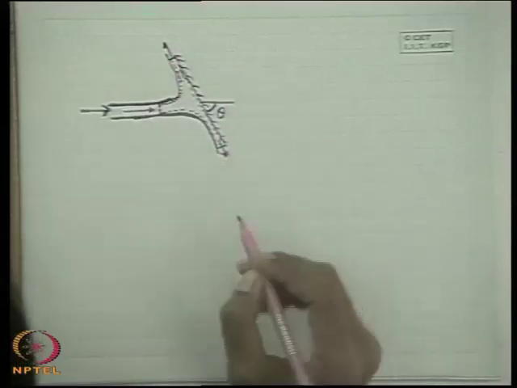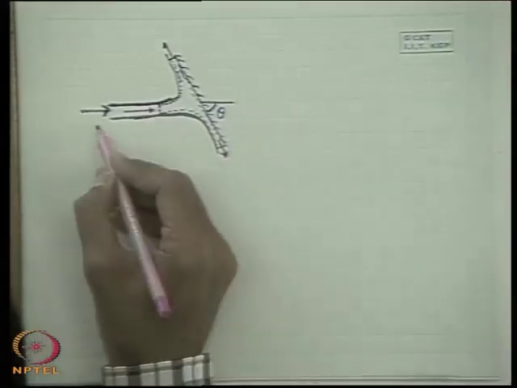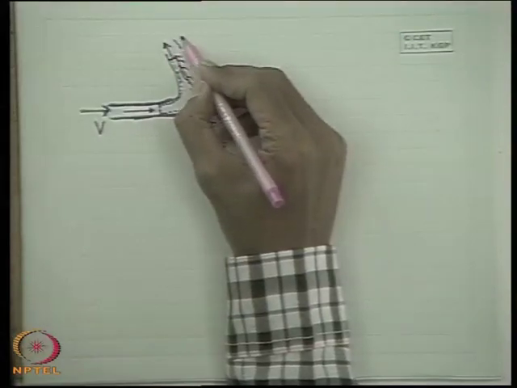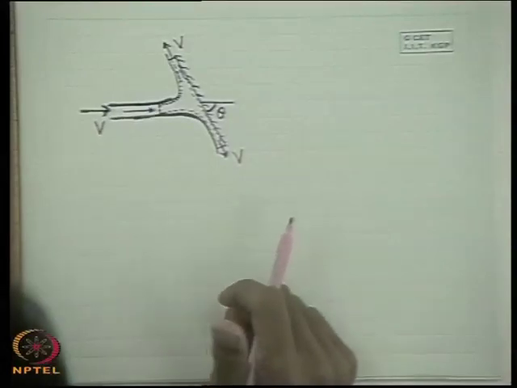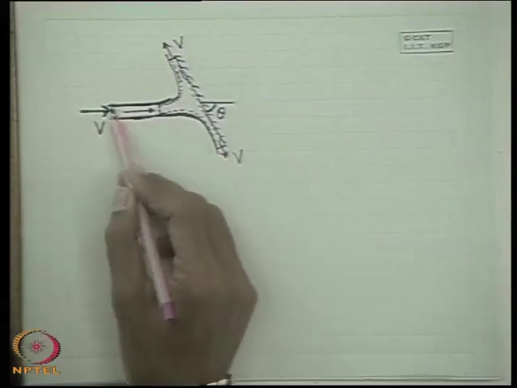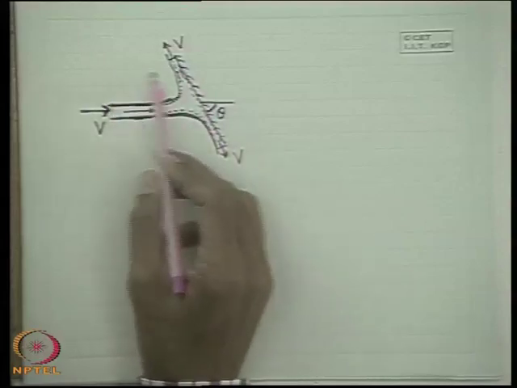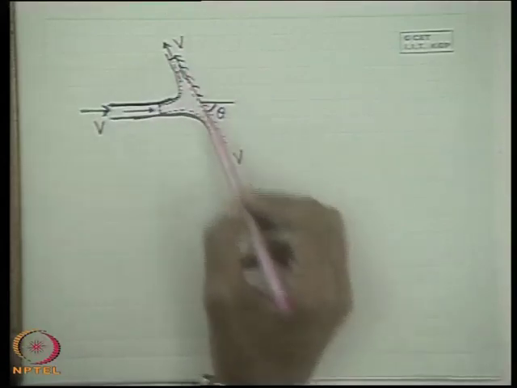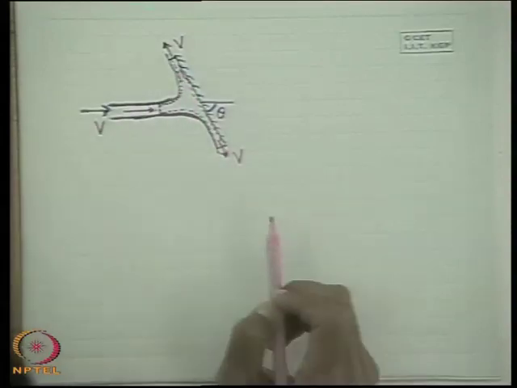Now, one thing we first have to understand from the physical situation is that if v is the inlet flow velocity, the outlet flow velocities will also be v, provided certain conditions are maintained. What are those conditions? If the stream of fluid impinges on the plate, throughout the pressure is atmospheric, with no pressure change. That means the fluid jet is exposed to the atmosphere, the plate is kept at atmospheric condition, and throughout the pressure is the same atmospheric pressure.